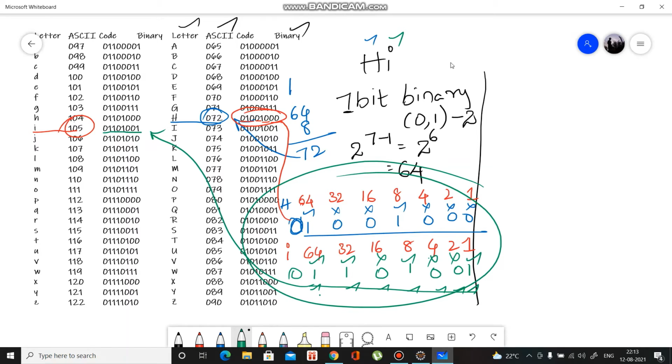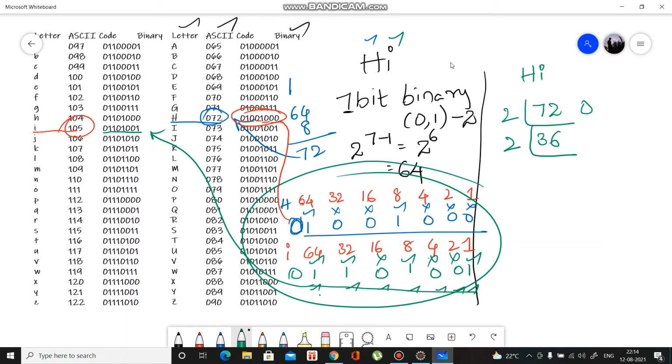So to do this, the same thing we are taking. For h it's 72, right? Just divide it by 2, it's 36, so here it will be 0.